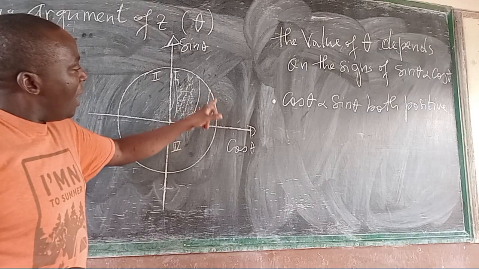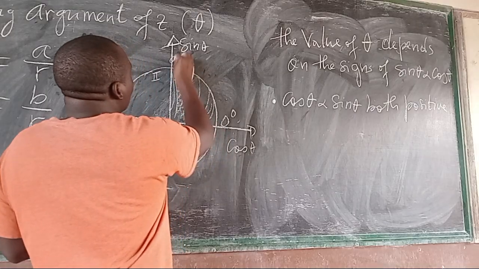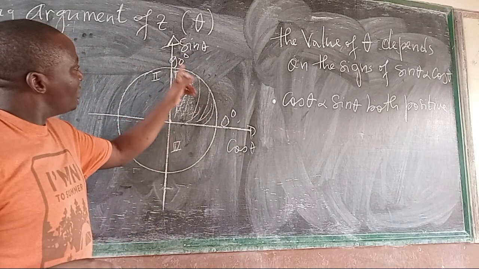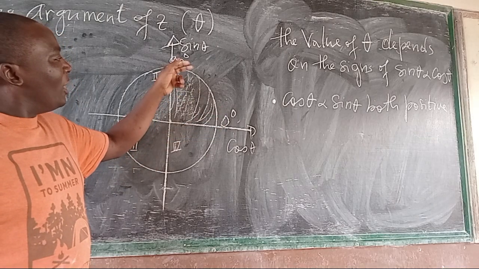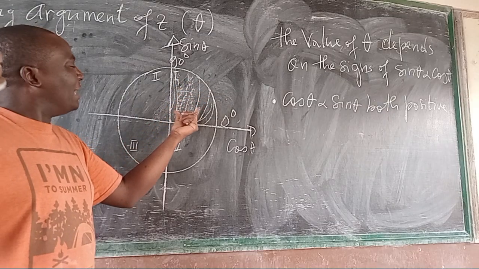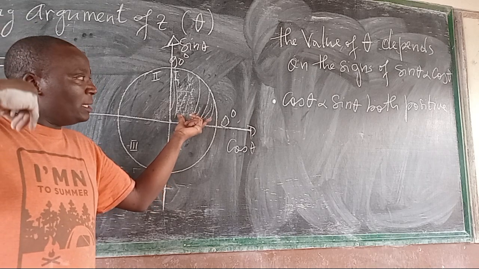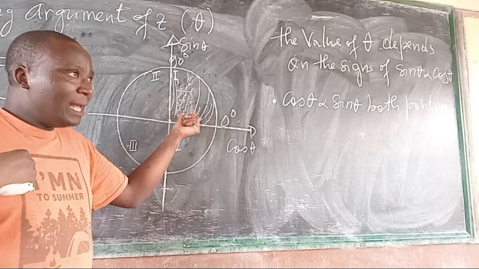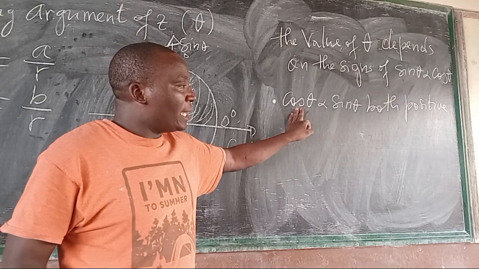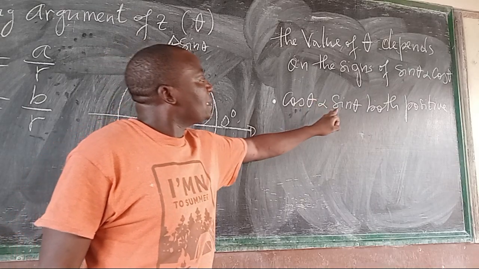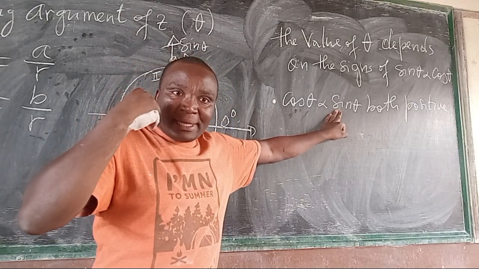All angles located from part number 1. Part number 1 begins with 0 degrees until 90 degrees, the angles lying between 0 degrees and 90 degrees. For those angles, the sine must always be positive and the cosine must always be positive. That shows me if I get a positive value of cosine of my angle and a positive value of sine of my angle, that indicates my given